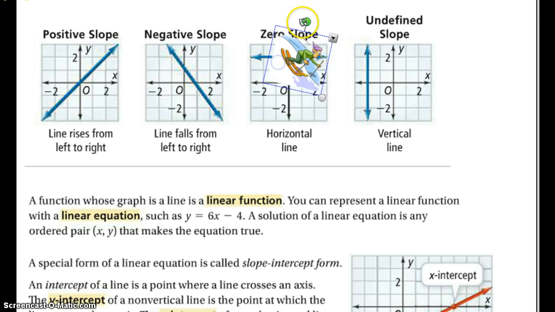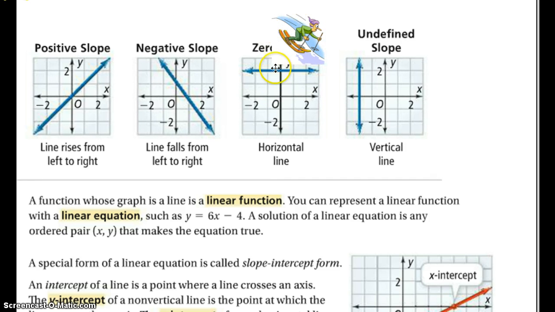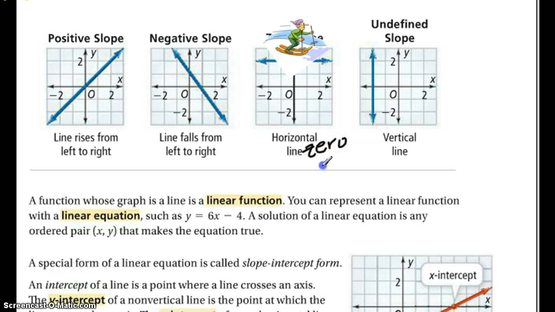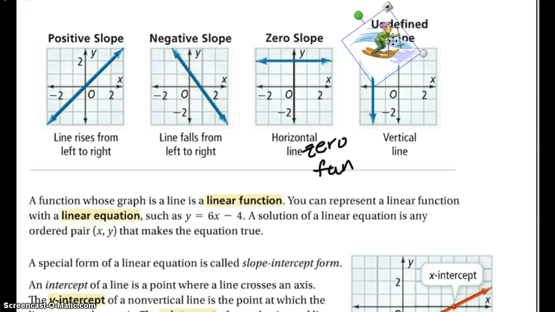Anyways, let's go ahead and take a look at zero slope. We just had an equation like that. Let's get our little handy-dandy crazy elf here and get him on that zero slope. It doesn't look like he's going anywhere anytime fast, does he? So you might want to say that if you have zero slope, you're having zero fun. No fun to ski on something very flat. However, if you were to go to an undefined slope,